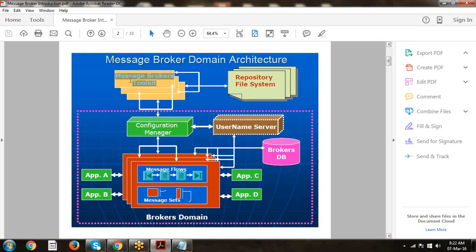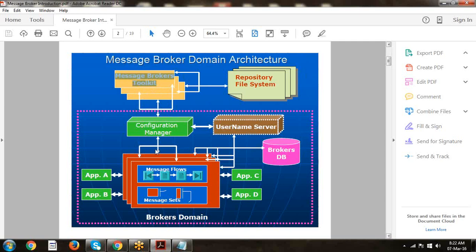Developers use the development perspective; administrators use the administrative perspective. Once we open the toolkit there are two perspectives, one development and one administrative. The toolkit is used for designing the message flows so we can implement routing functionality, transformation or business logic.